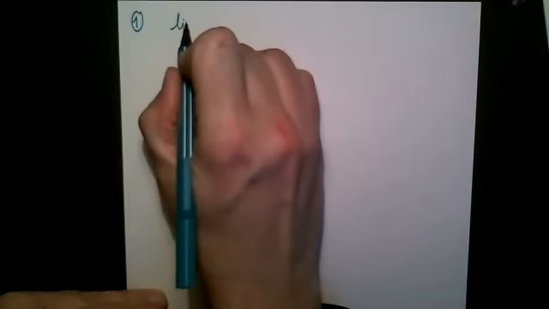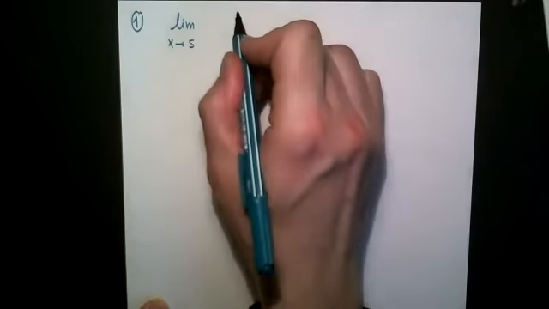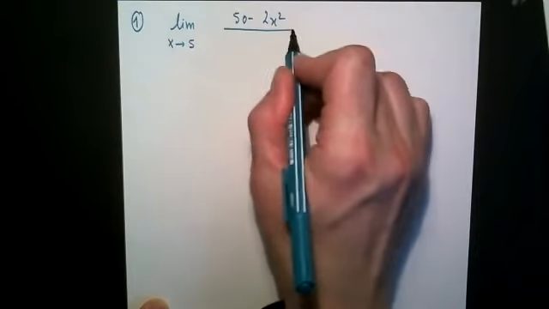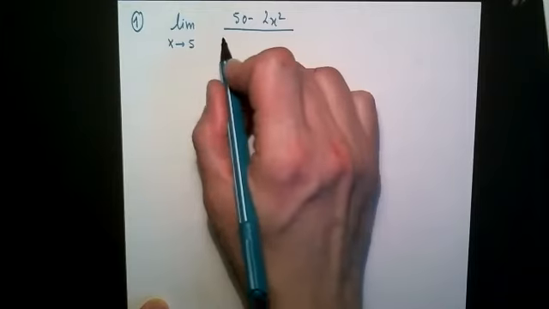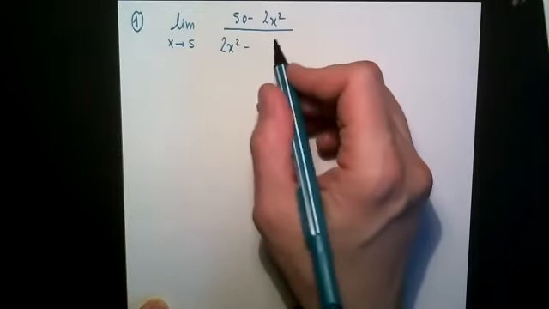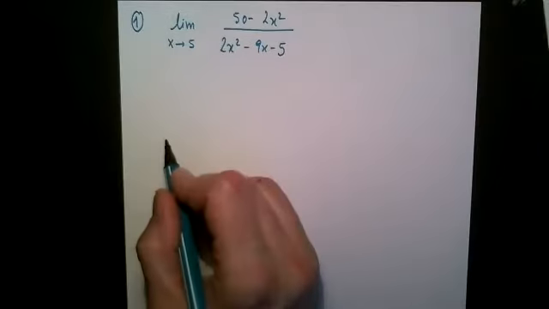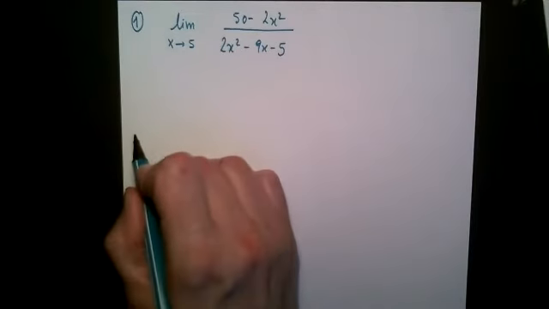Okay, so number one, let's do the limit as x approaches 5 of (50 minus 2x²) over (2x² minus 9x minus 5). Then number two,